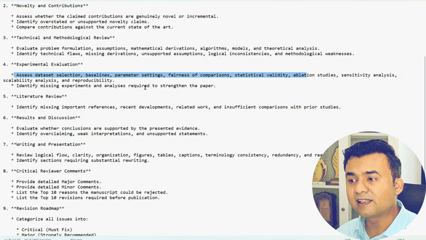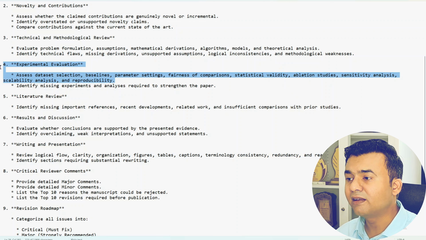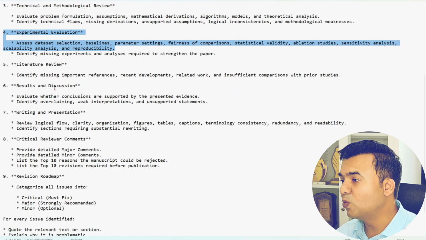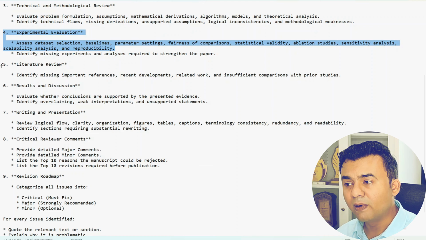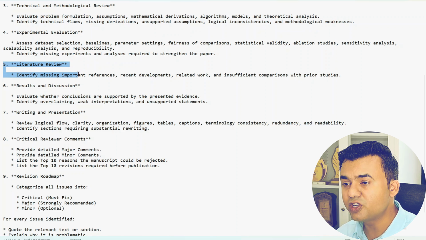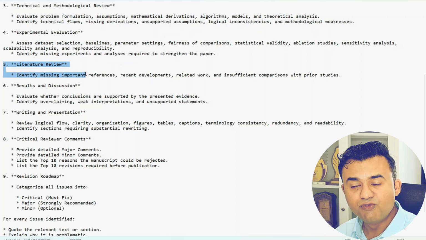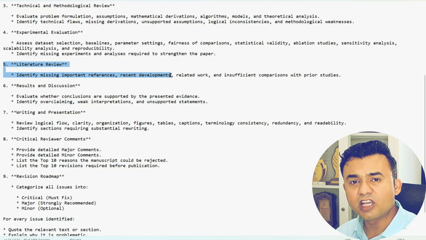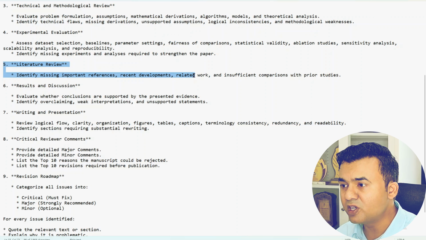Assess the data set selection, right? Baseline, parameter settings, fairness comparison, statistical validity, and so on, right? So I'm asking it to thoroughly check the experimental evaluation and provide me the viewpoint on it. I'm instructing it to cross-check the literature review also, identify if there are some missing references which I have missed,